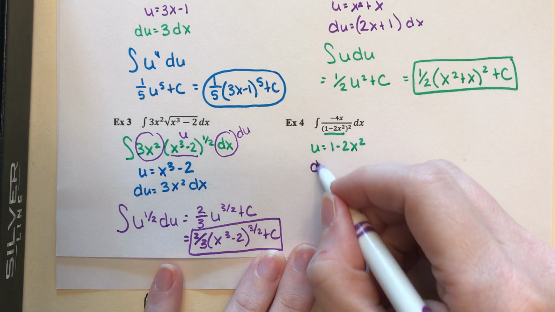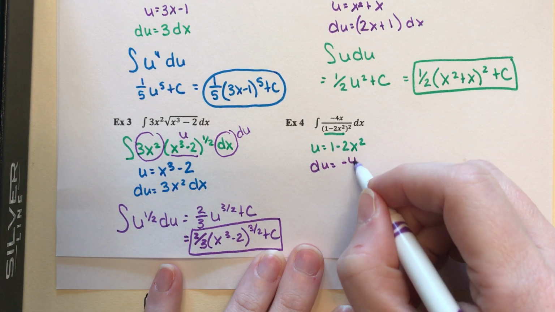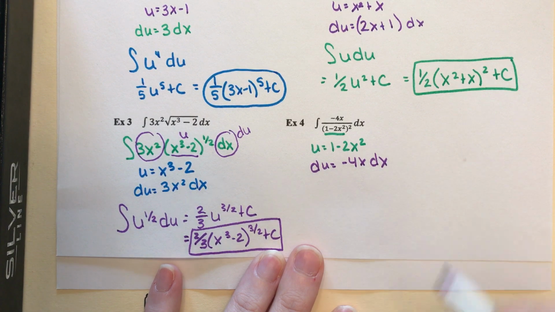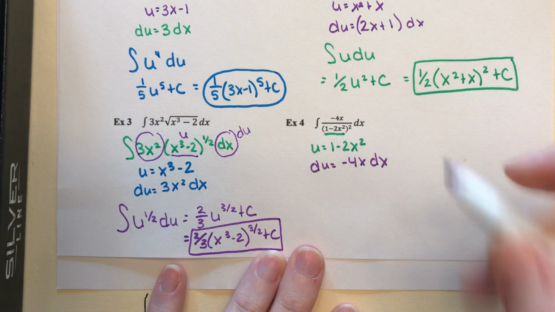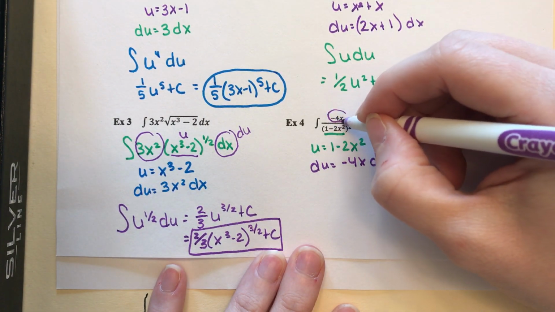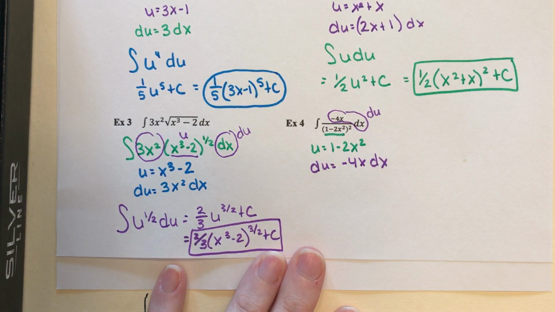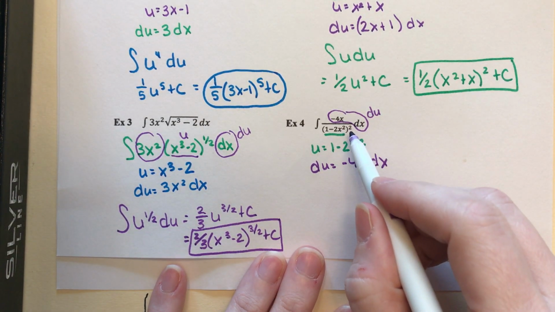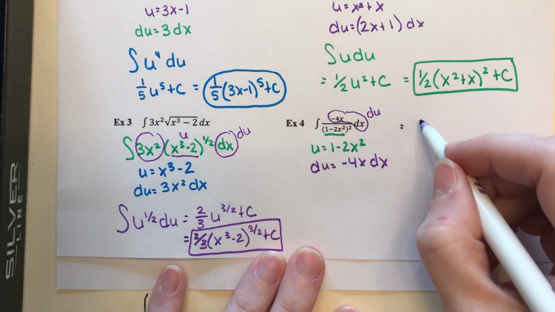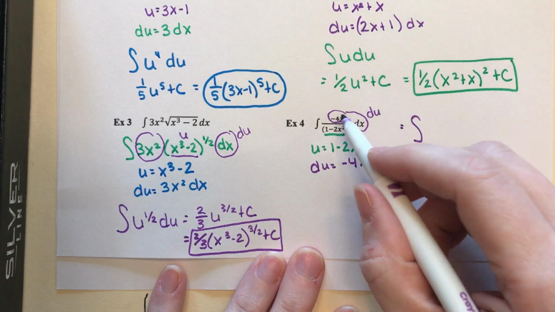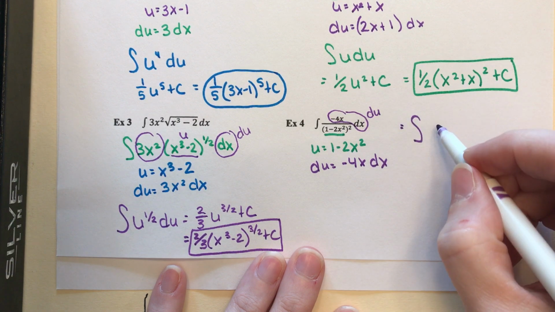So I'm going to find du. Du would be negative 4x dx. So again, that works out really nice for us because that is equal to the other part. I still have this square on the bottom. So I'm going to write this as the integral of du